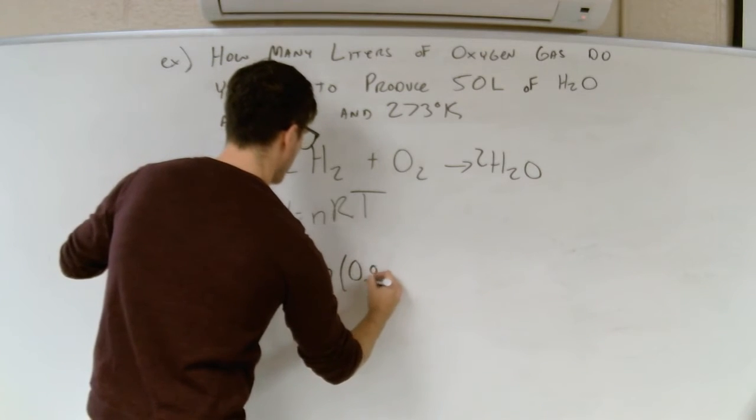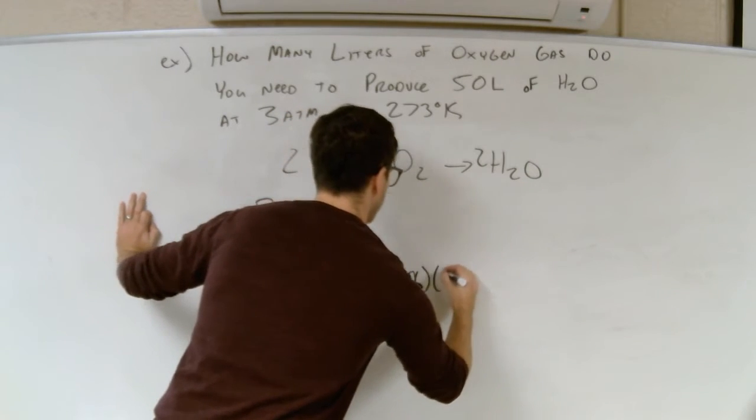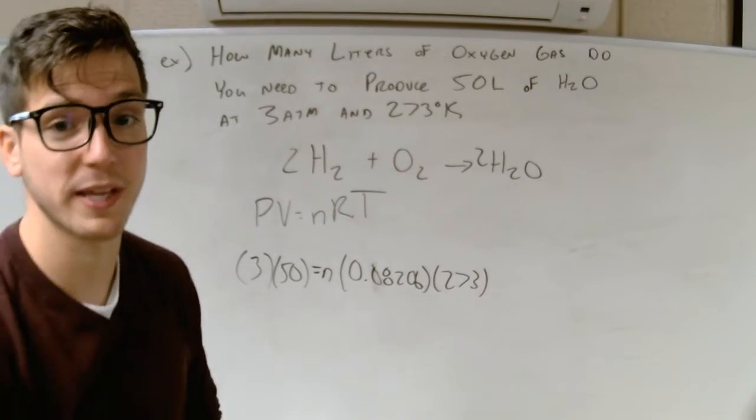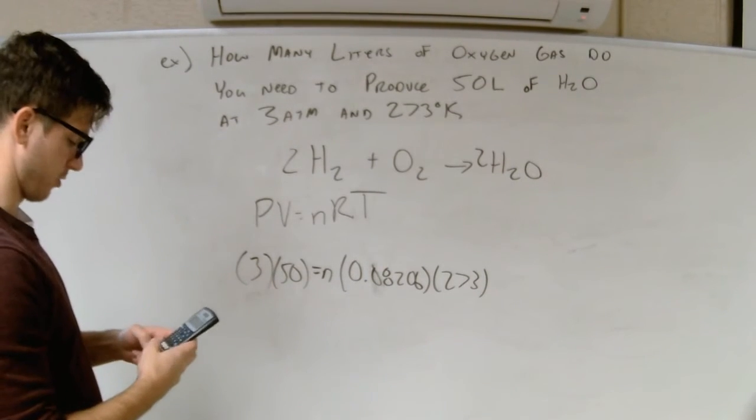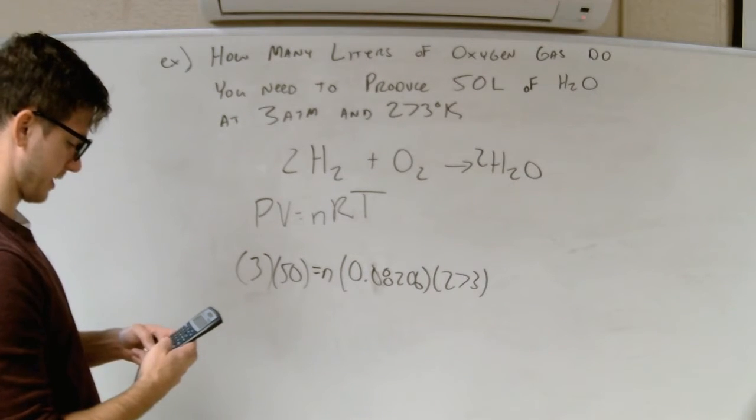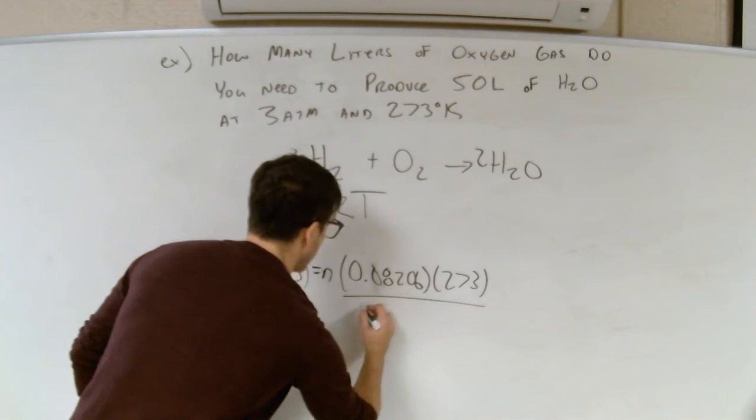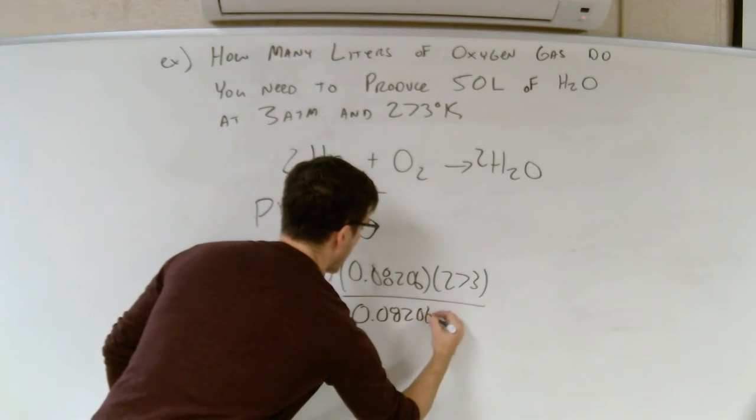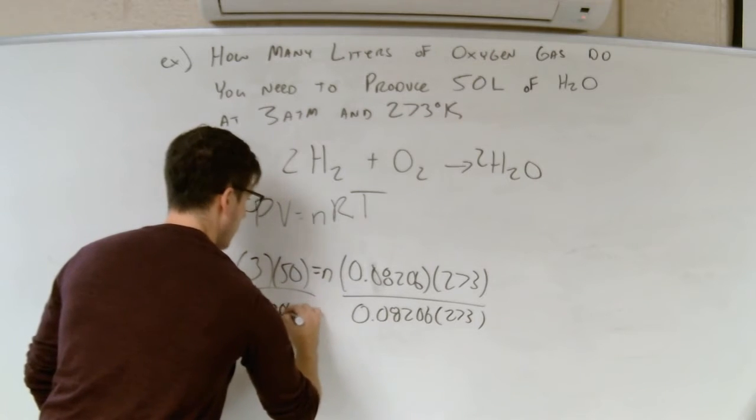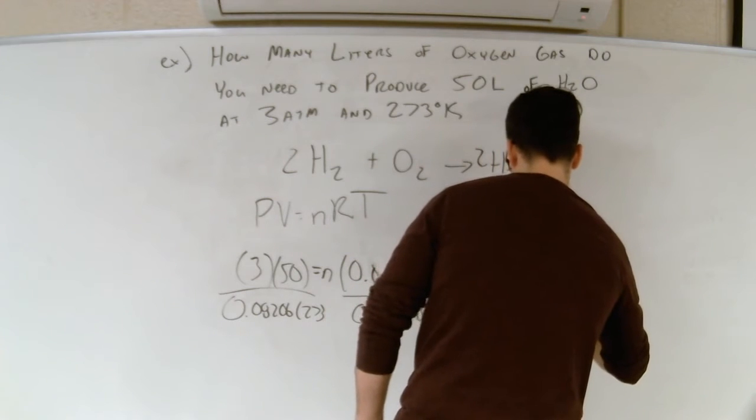Our R is 0.08206, and our temperature was 273. So let's solve for moles by getting moles by itself. We take 3 times 50 divided by 0.08206 times 273. Okay, so when we divide by our R and our temperature on both sides, we should get 6.7